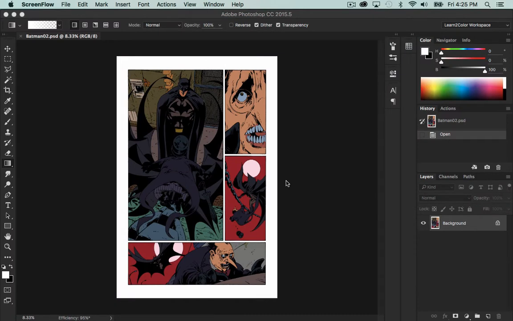I just wanted to do another quick video involving this page and show you what I usually do after I've done the flats. Because at this point, I like to begin unifying the colors and setting the mood of the page. And you can also start thinking about how you're going to separate the planes. I'll get into that later. But basically, with the flats that we had done in the earlier video,